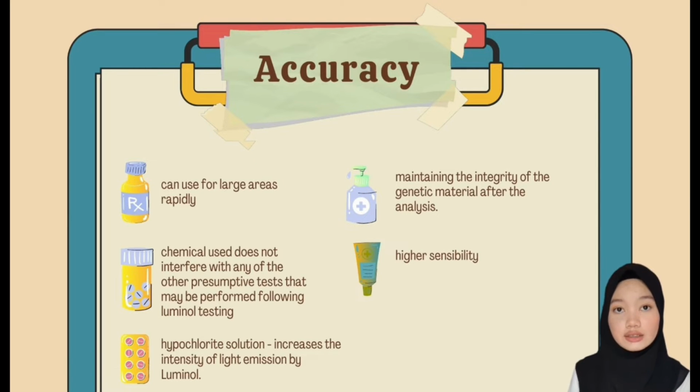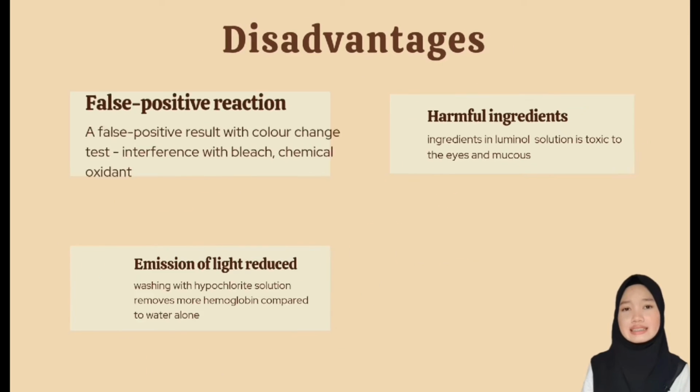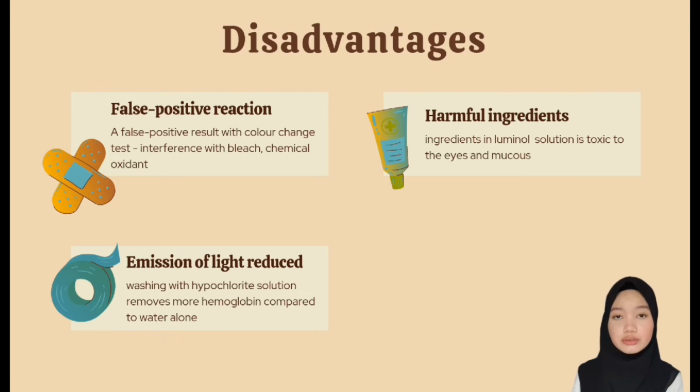And lastly, a successive wash with hypochlorite solution promotes the accumulation of this ion, which increases the intensity of light emission by luminol. And now we will talk about the disadvantages of luminol. The result of the luminol test may be altered by a broad range of interfering compounds, and hence the false positive results. The reason for this is that there are a number of substances that can produce false positive observations,